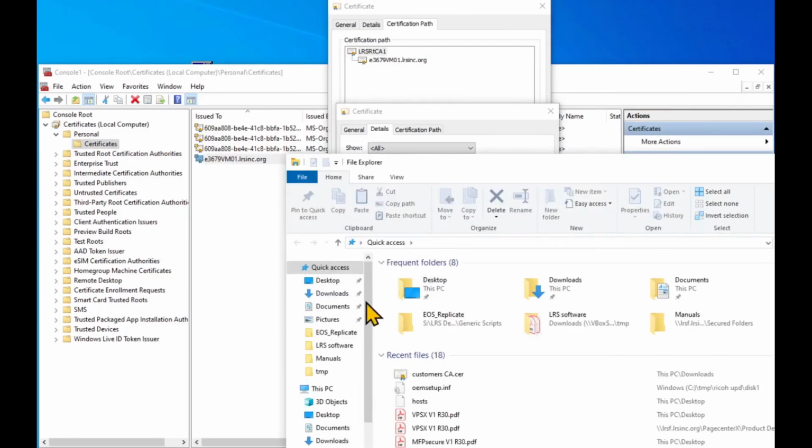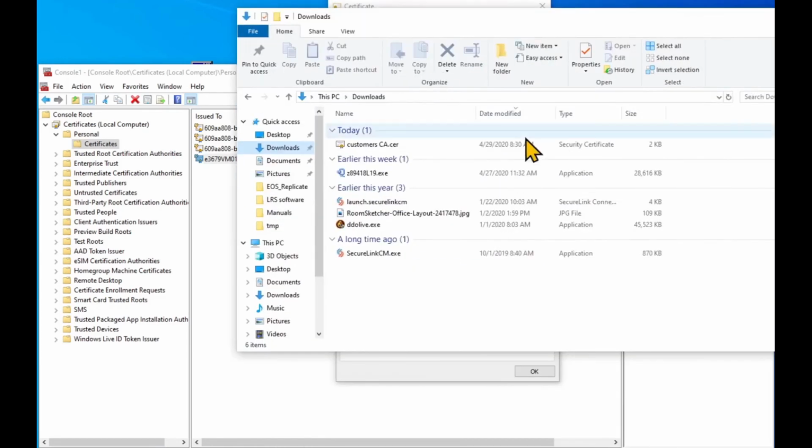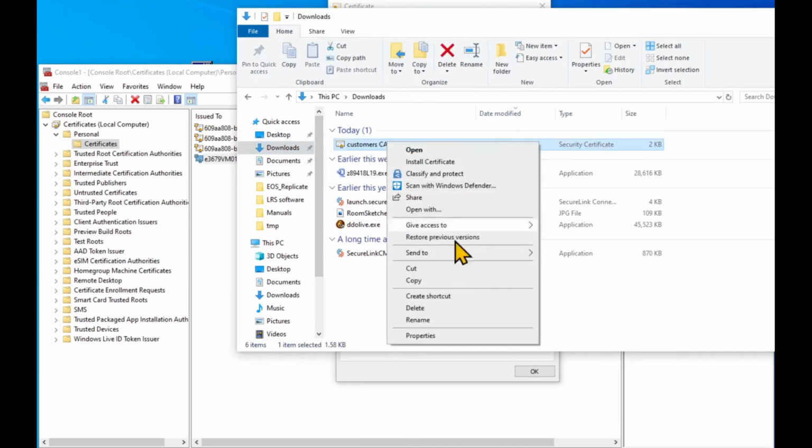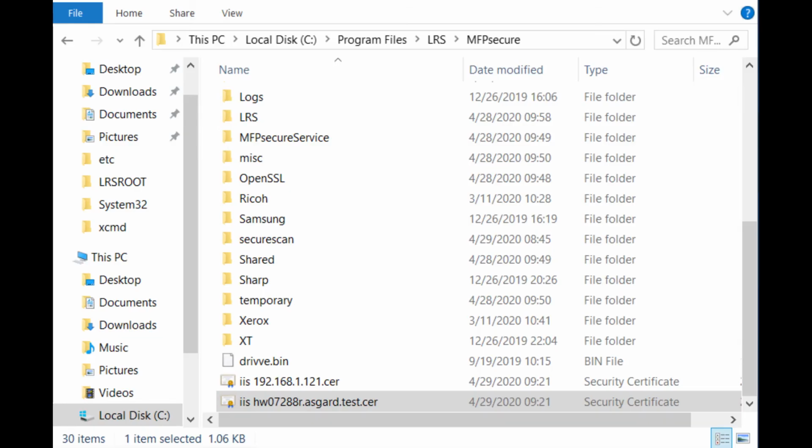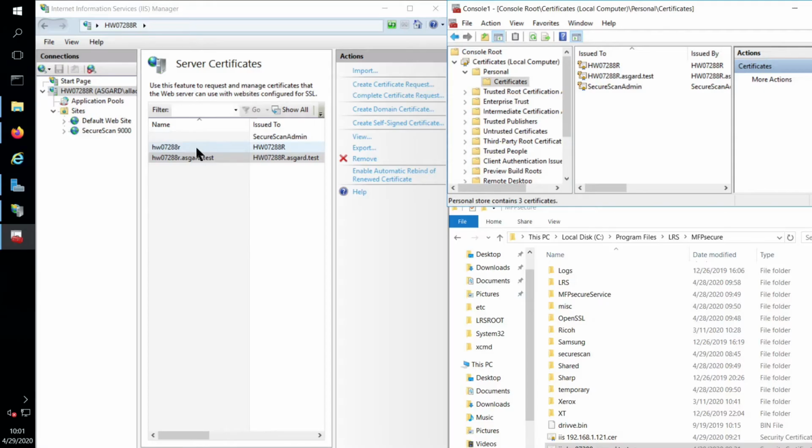Again, I'm on a client machine here, so obviously I would do this on the server, but just to give you an idea, after I export that, I'm going to find it wherever I exported it, and I'm going to copy that and put that in the MFPsecure directory. All right, so once we have all of that sorted out and we know where we are with certificates, self-signed